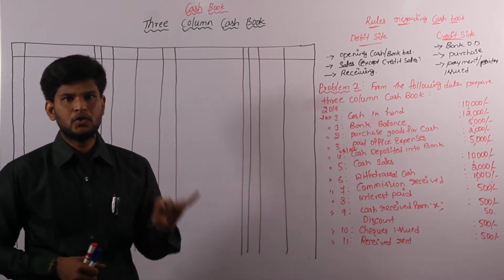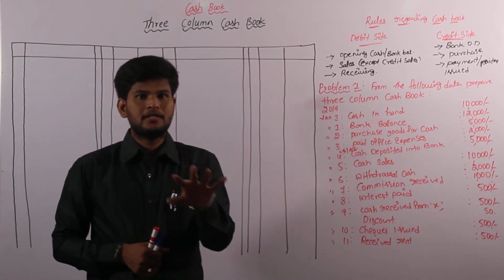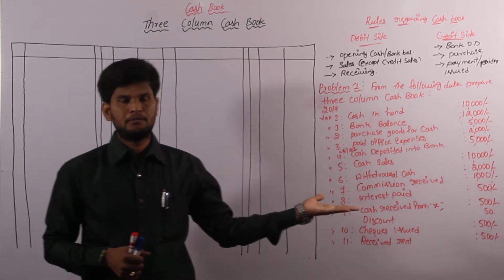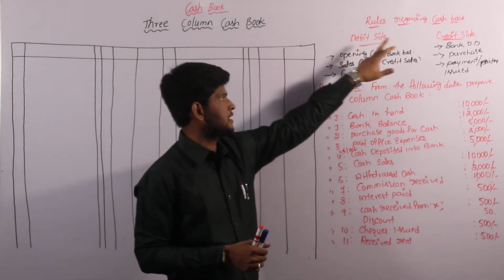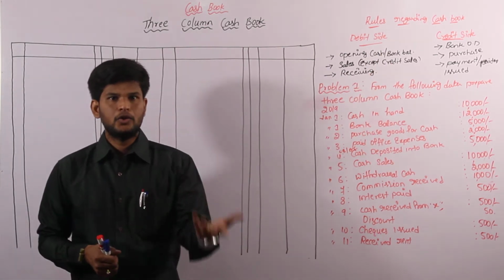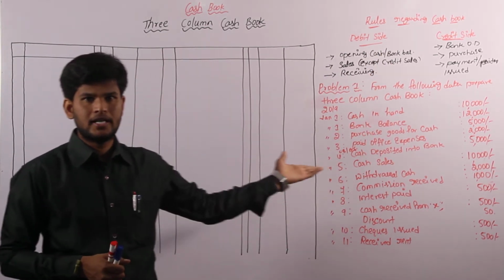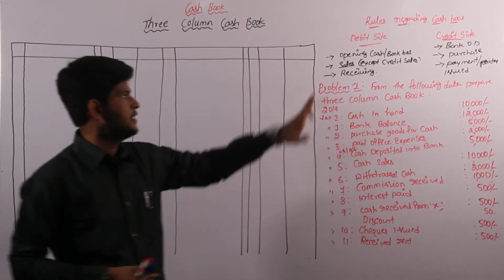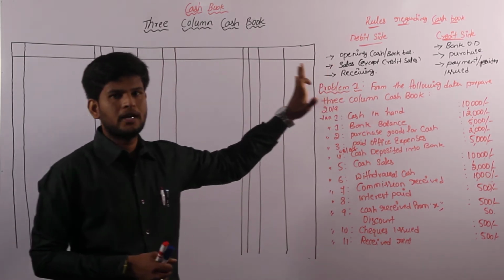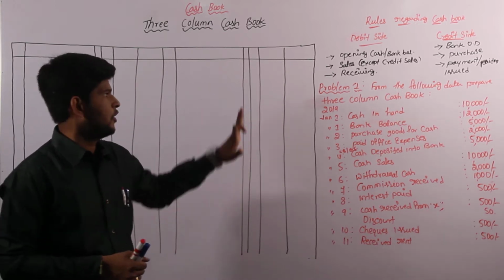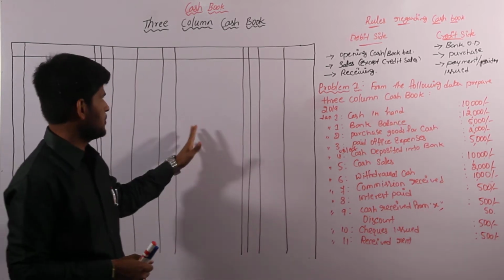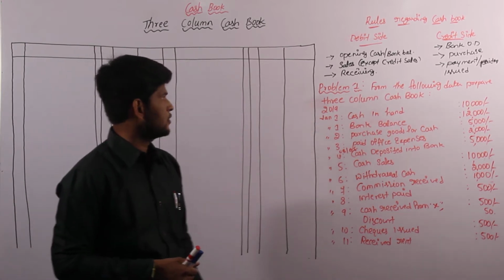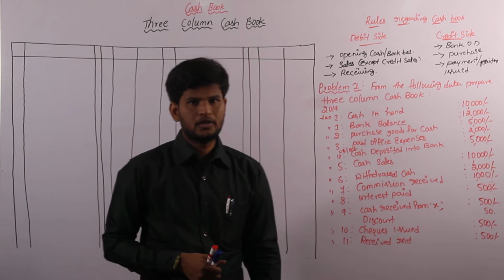Single column cash book and two column cash book are both basics to start and to solve the three column cash book. In our single column cash book, we have debit side conditions and credit side conditions. In two column cash book also we have the same conditions. Based on this, the three column cash book also follows the same conditions, but the proforma has some additions. Before that, we have to read the problem, and see which transactions go to the debit side and which go to the credit side.